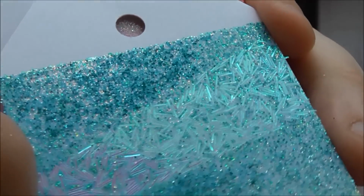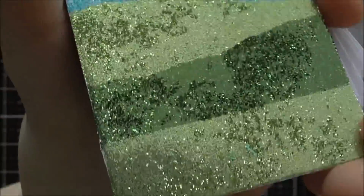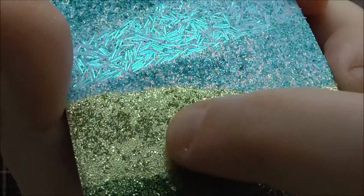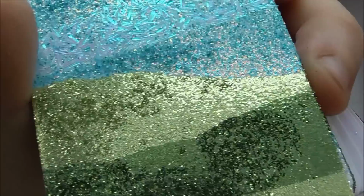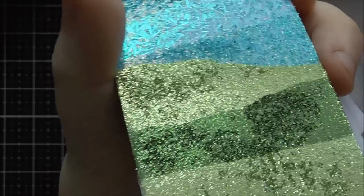And on that top one there, that's actually stranded confetti on that one too, and then just different tones of glitter. And the more you press it down, you see these flatter bits, I really pressed that into it, but these bits that look more textured, I just haven't pressed the glitter into the adhesive as much, so you can get a variation in the finish, or you have two different finishes